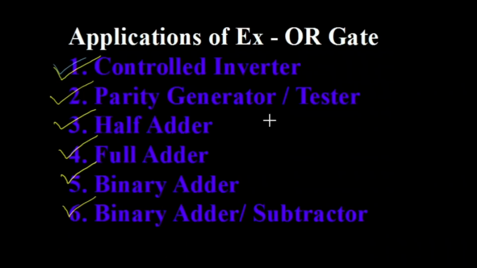For now we have to consider only one application, and it is the half adder circuit. So what is that half adder circuit, how we can construct the half adder, as well as what type of output it produces, that we have to see in detail. But before going into detail, we have to see the writing sequence of the half adder circuit.